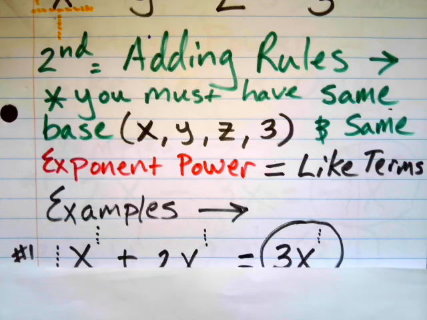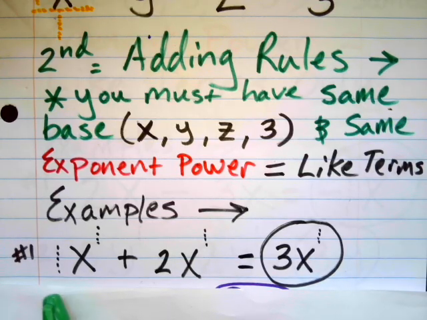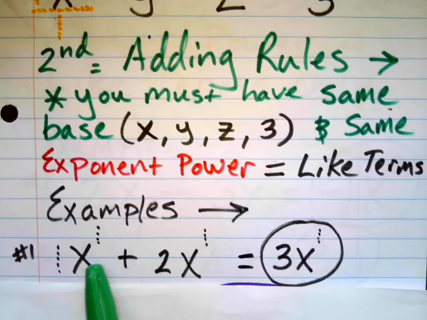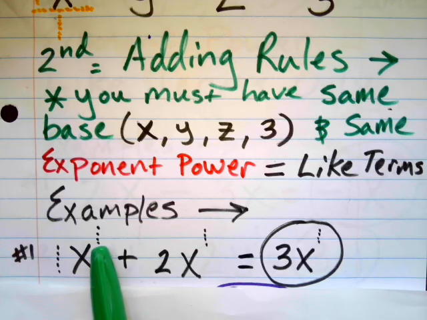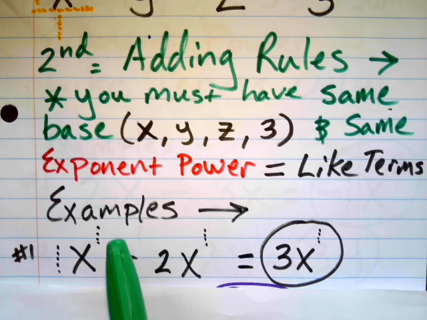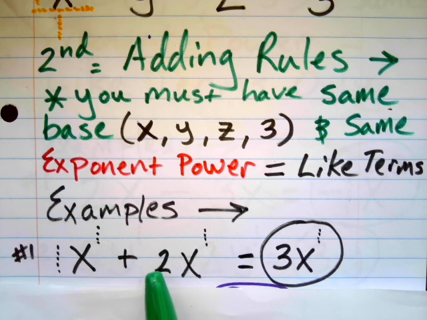So I'd like to give you a quick example here. And number one, again, the first thing you need to do, show those invisible ones. There's no number or coefficient assigned to this x variable, so I'm going to show the invisible 1 in front of that x. And of course, no exponential value is assigned here to the x, but I'm going to show there's a 1. This is x to the first power. I'm going to show that invisible 1 plus a coefficient of 2,